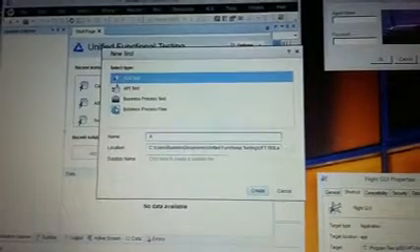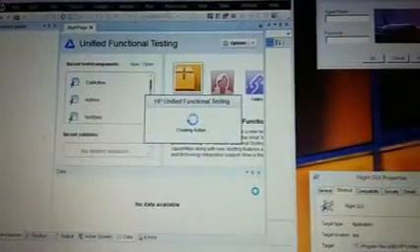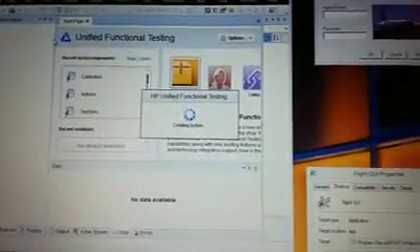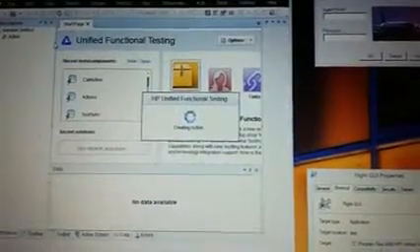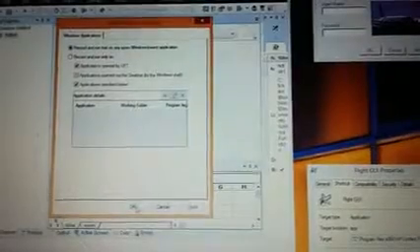Start recording. In the recording action toolbar, click Call to New Action.